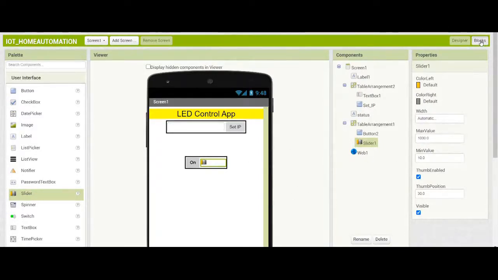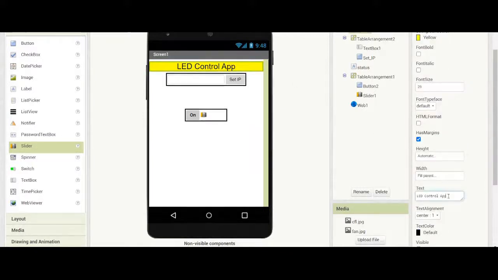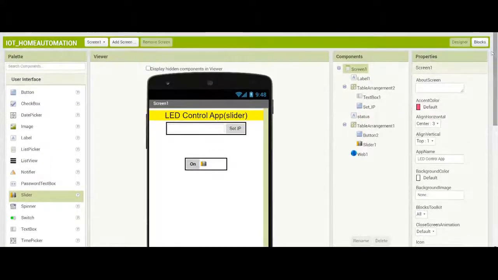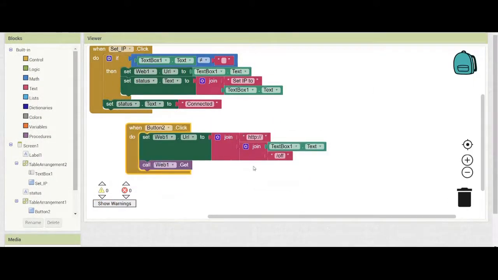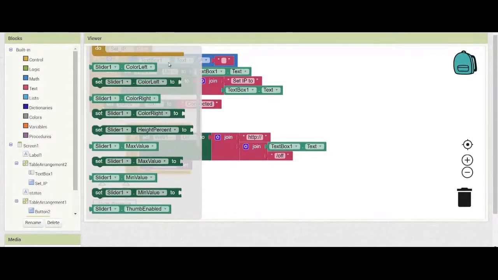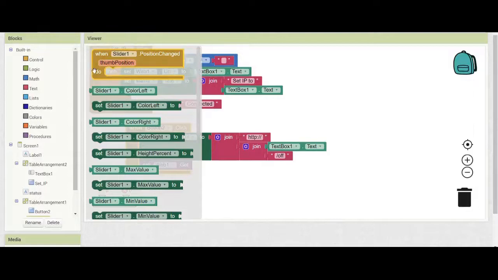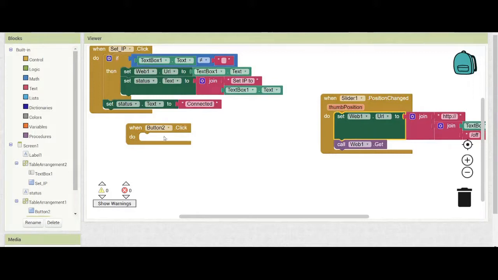Now moving to the blocks part. We will come to the slider, and when this particular slider position is changed, we will copy this particular part and paste it over here, and we will remove this button from here.